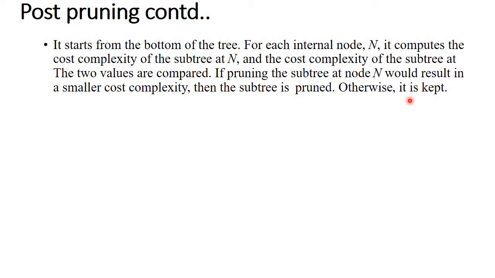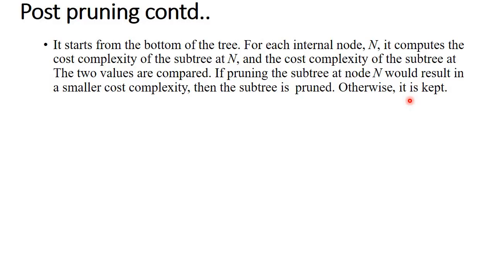Otherwise, it is kept. So if I have subtrees at the same level, which one has to be pruned? It is decided based on the error rate that we get. The examples in the data set are given as input to the decision tree, and we check how many of them actually get misclassified. The subtree which gives the minimum error rate is kept as it is, and the subtree which gives more error rate is chopped off. It is pruned. It is a very small topic.